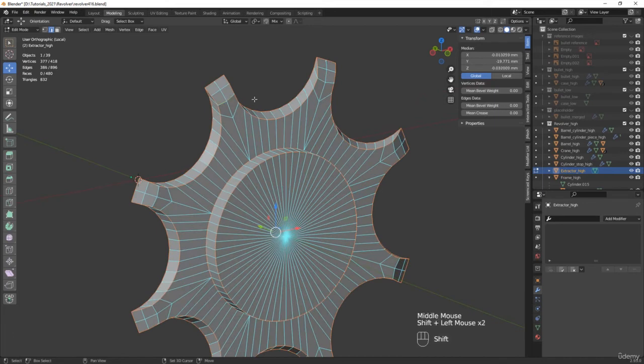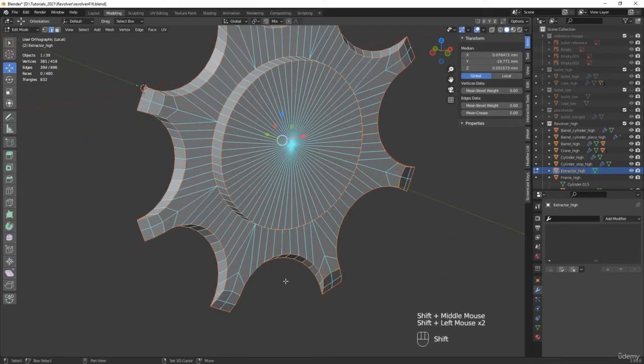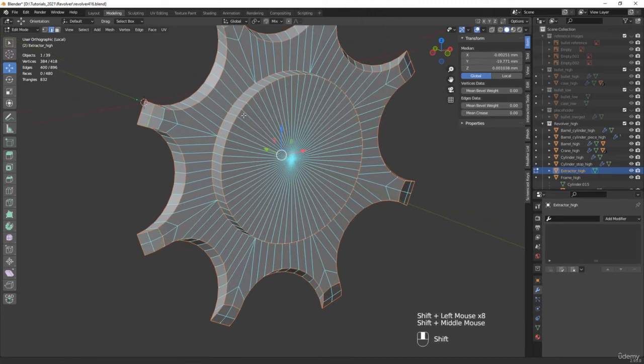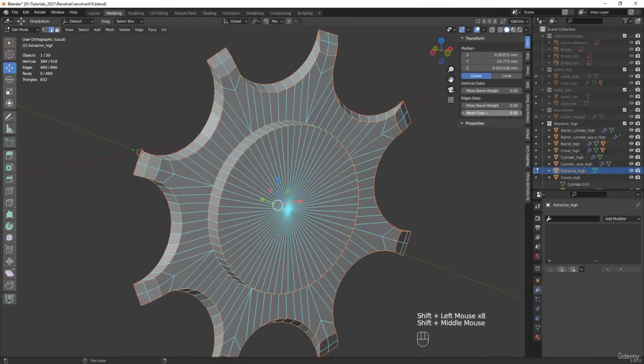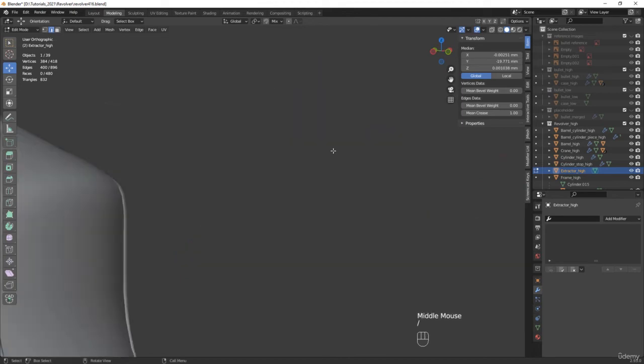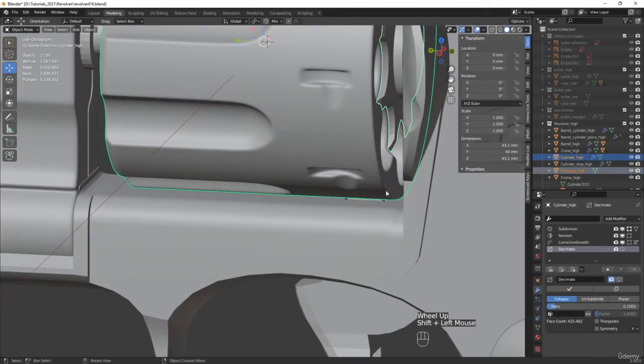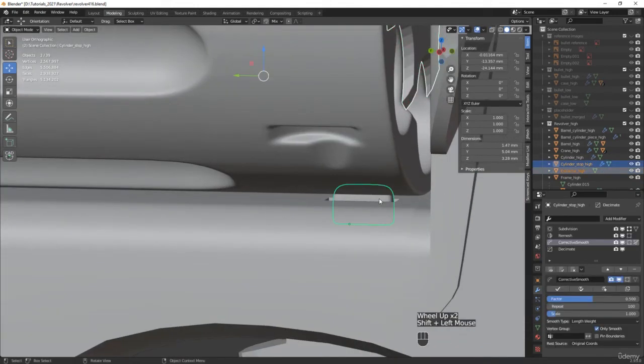And now let's see here for this piece. I just want to add these edges here into the selection so that we have a bit of a harder division there. And I just noticed that here I'm unfortunately making a little mistake. I should have added the other edges next to it. I guess that's a small imperfection that I didn't even notice,